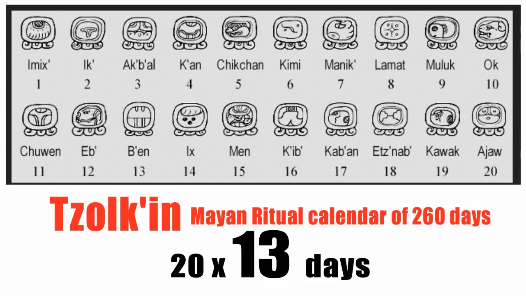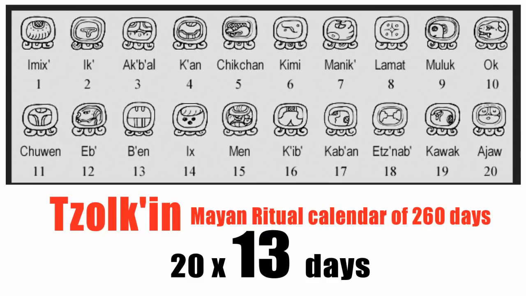So a nice little link to 13. They also had a very accurate solar calendar, but this ritual calendar had no astronomical connections. It was essentially a ritual calendar, and this symbolizes connections between, again, multiple cultures, multiple times, and the importance